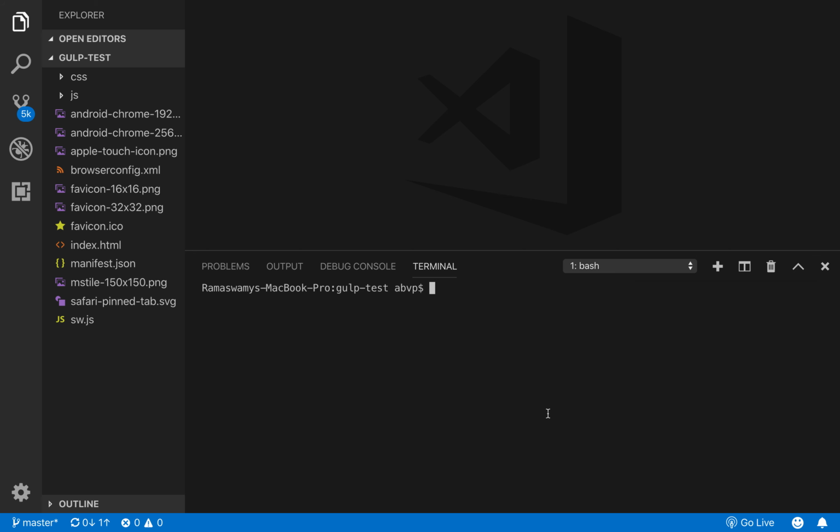Gulp requires that Node is already available in our system, or the prerequisite for having Gulp is Node. So I have already installed Node in my system. If you have not already installed Node, make sure that Node is available inside your system. After installing Node, you can go to the command line or terminal and check if it is available by